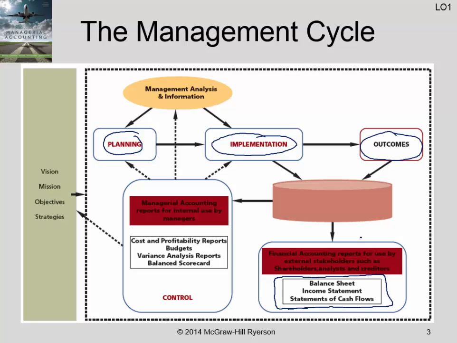Management accounting is a little bit different, and what makes it different is that it is information for decision makers, primarily people inside the organization. It focuses on the information used to help plan and then monitor the implementation as it goes. This would be things like cost and profitability, your budget and how you are performing against your expectations in that budget. So that, in a nutshell, is the management cycle.